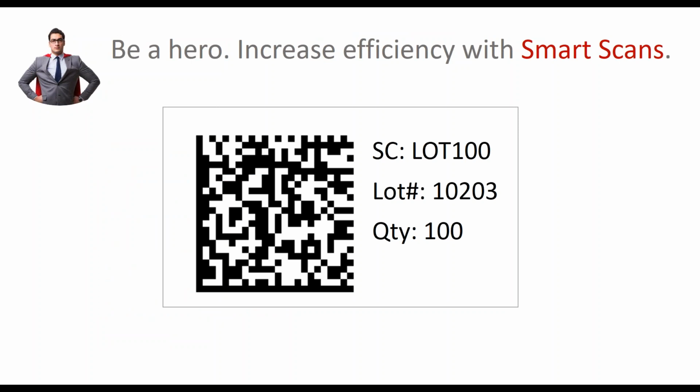In terms of really preventing these errors, we want to talk about how riteSCAN can help prevent these errors and what enhancements riteSCAN has made to improve our product's accuracy and efficiency, even one step further than the typical barcode scanning to prevent errors. So if you're not familiar with SmartScan, this was a feature that was added to riteSCAN